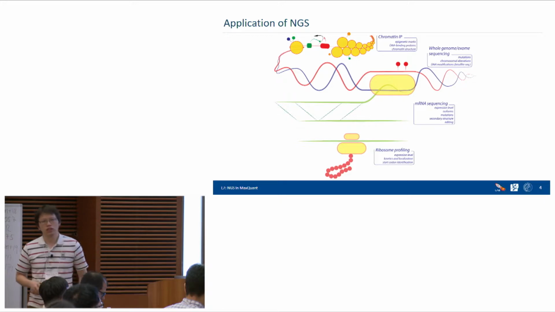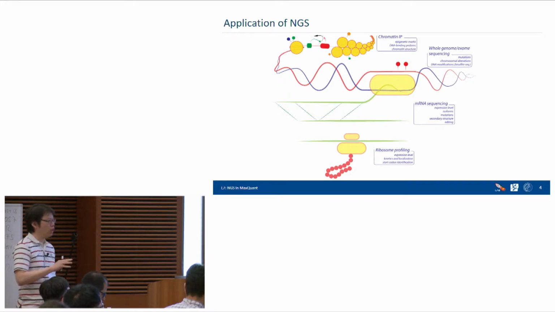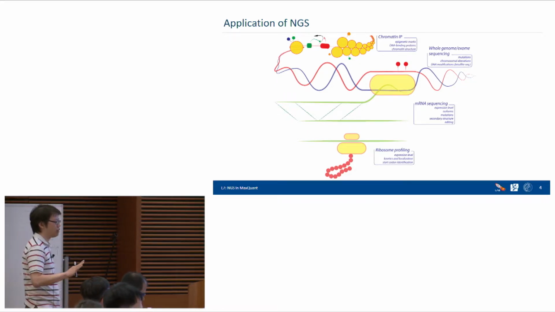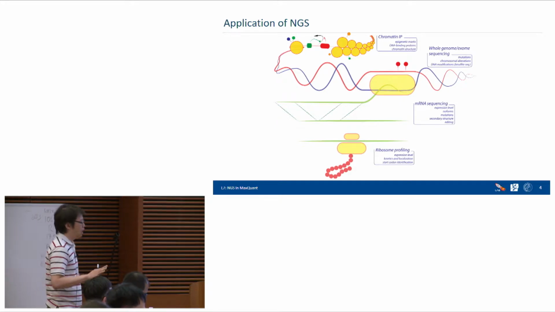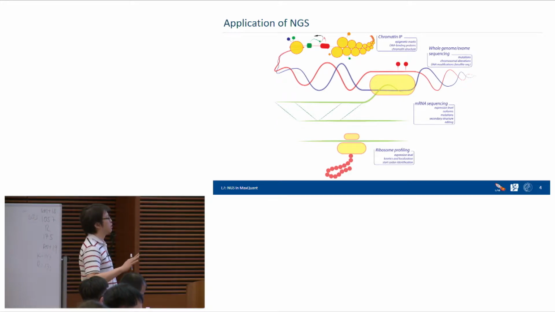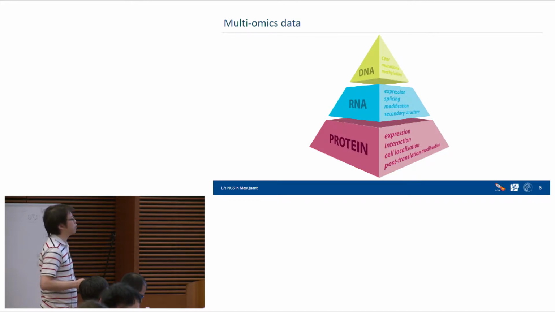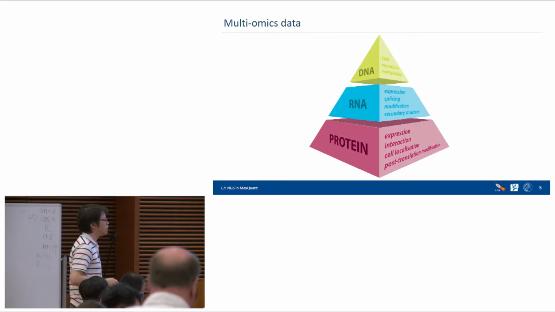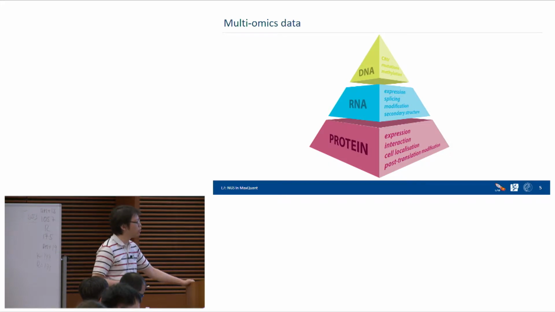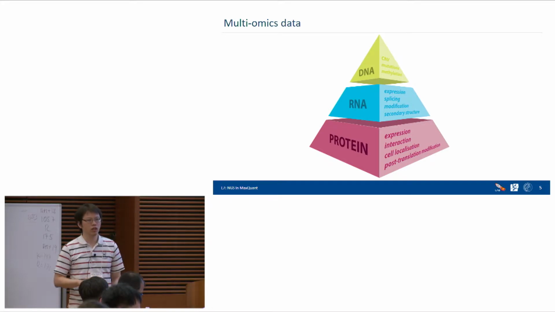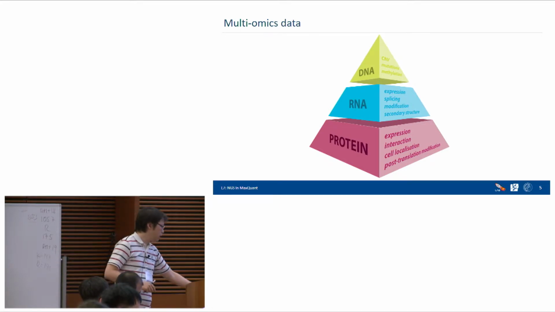So actually using NGS technology, we can do a lot of analysis for different processes or different events, different biological phenomena. You can do something for the chromatin, you can do something for the whole genome, you can do analysis for the RNA part, you also can do something to understand the translation part. So there are a lot of things we can do, a lot of protocols that we can use. But however,